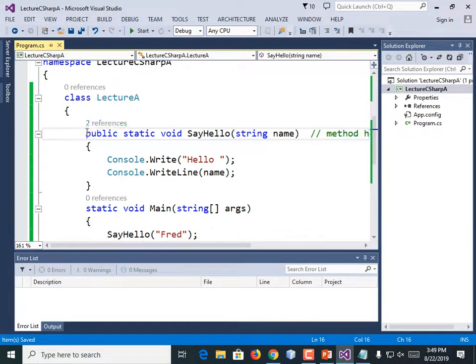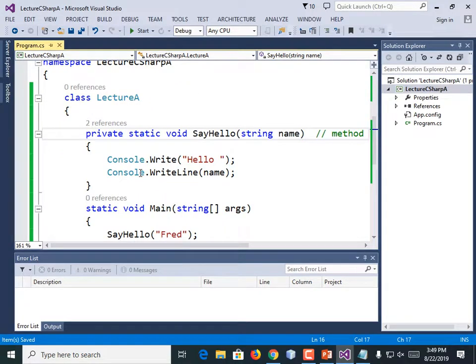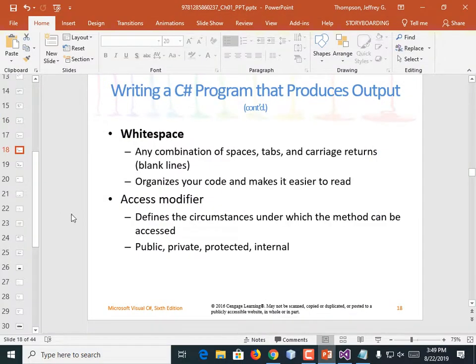That would mean that this method is accessible outside of the Lecture A class. I wouldn't mind if you went ahead and put the access modifier on every one of your methods. But since you can leave them out, you don't got to do it. In this case, public or private will work because all of our code is inside the same class. Protected, well, we'll get to the different ones. Don't need to teach the whole book in the first chapter.